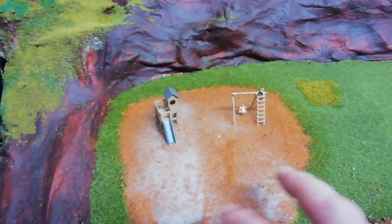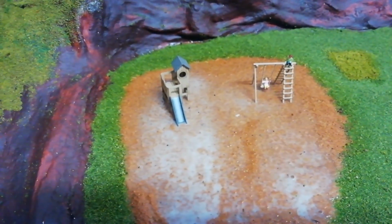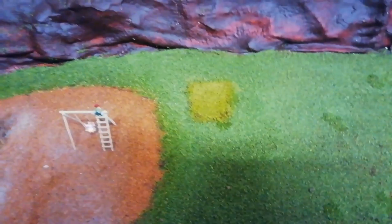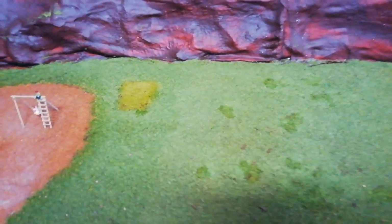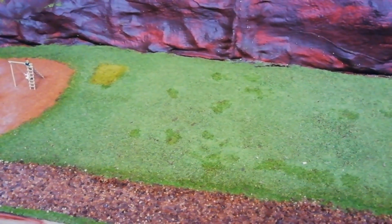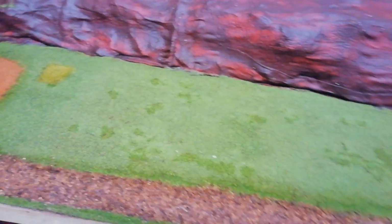I do plan to get a couple more things for in here, as I said before, nothing too big. Maybe a roundabout or a sand pit or something, but that'll be that. And then, as you can see over here, also have the little faded area where a tent used to be. And once I get some more tents down, I have actually received the plaster of Paris to start doing the tents. So once I've done some of them, laid them down, see where I'm going to put things. If I have some space to do another little area of light green, then I'll definitely do that. Because I really like that,